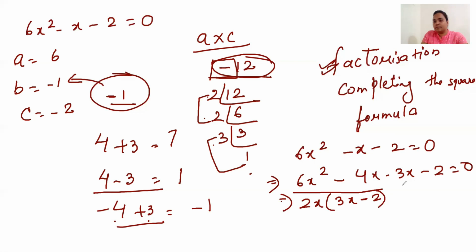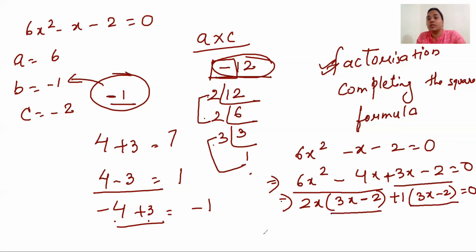In this, so this will be minus 4x plus 3x. So plus 1 if I take common, 3x minus 2. The numbers inside the bracket should be the same. If I'm not getting it the same, it means I have done something wrong. See, in this I had first written minus 3x, so I was not getting the same number inside the bracket. So I checked what I had done wrong and I changed that to plus. So you also have to check that. If you're not getting these two the same, it means you have made some mistake over here. You have to check that and then you can get the correct answer.